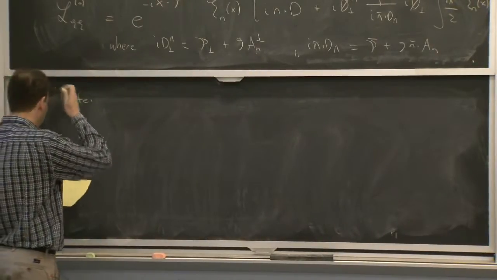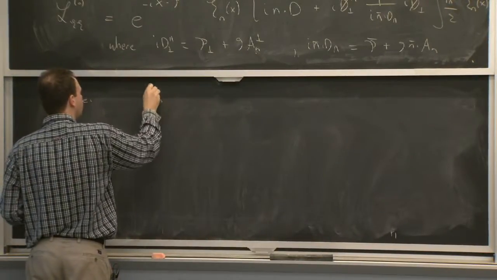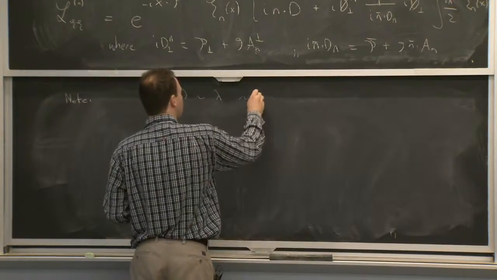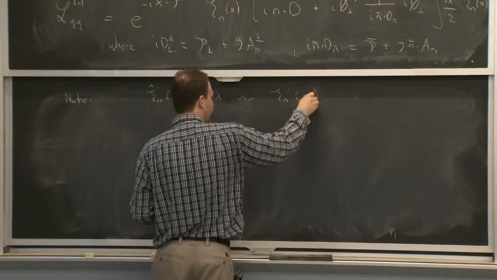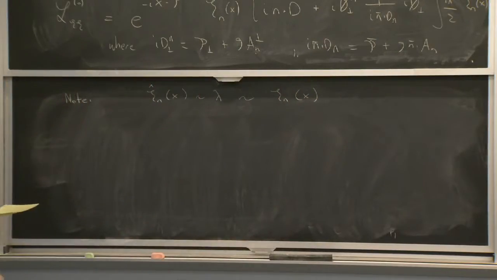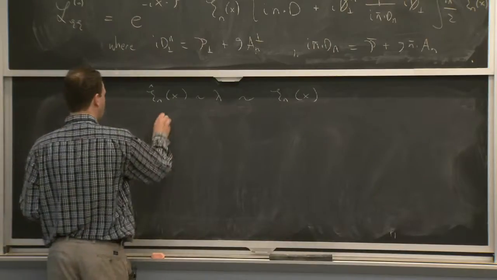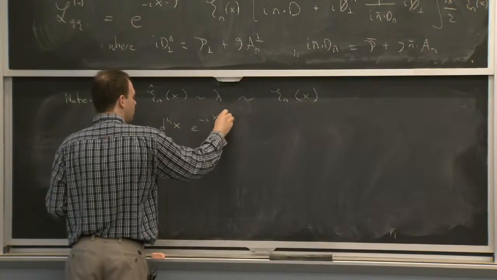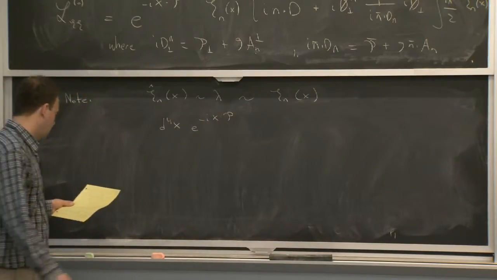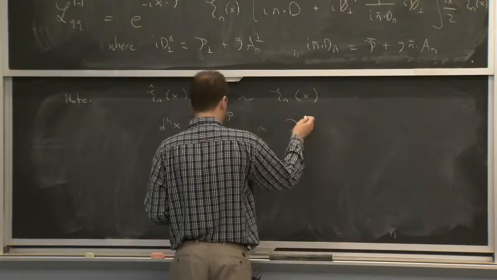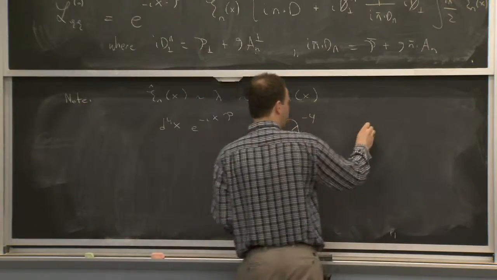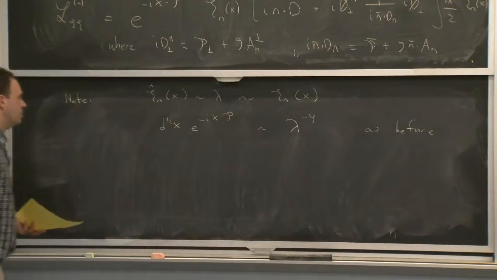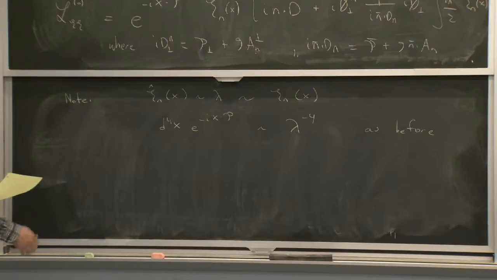OK, so what can we note about this? Well, one thing that we worked out earlier was that this should be of order lambda. And that implies that our new field is of order lambda as well, since we were just pulling out phases, and that doesn't change the overall power counting. Likewise, before we had a power counting for the measure, which you can think of in our new notation as a power counting for this thing. And that just scales like lambda to the -4 as before. So all the power counting that we were doing, even before we figured out what the right field to use, all carries through, and that's why I did it earlier.